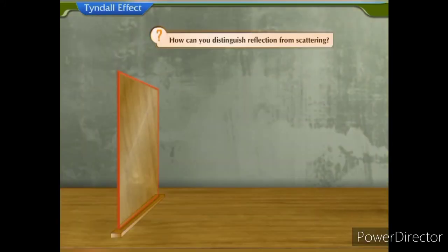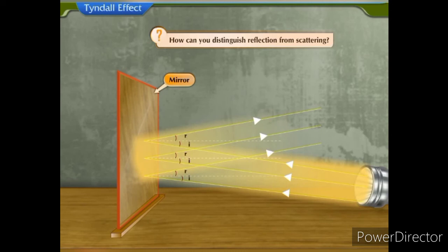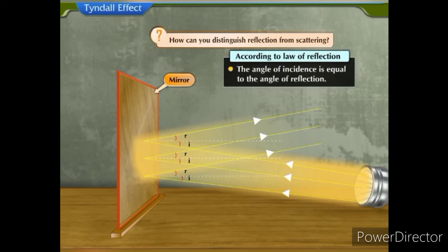How can you distinguish reflection from scattering? Consider a parallel beam of light incident on a polished surface like a mirror. As the rays in the beam are parallel to each other, they are incident making the same angle with the normal drawn to the surface of the mirror. Therefore, according to the law of reflection, all rays get reflected, making an angle of reflection equal to the angle